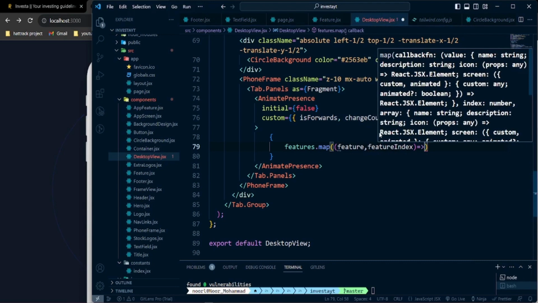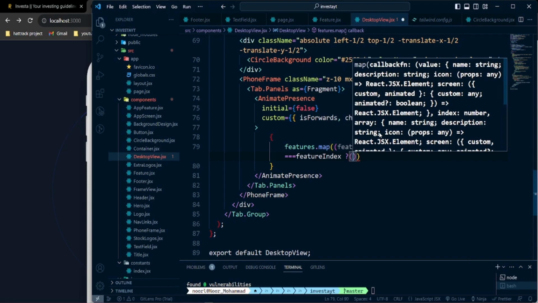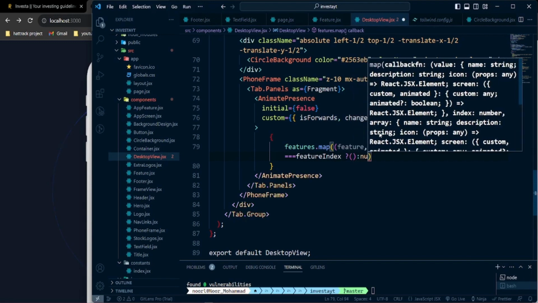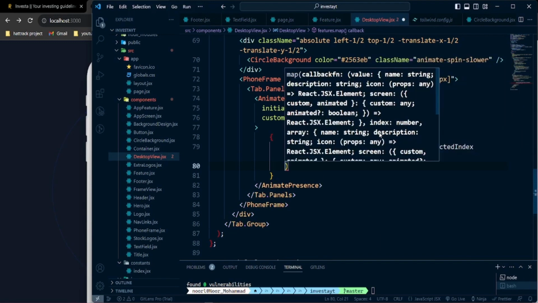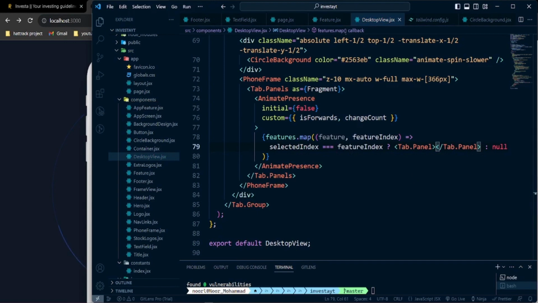Now after passing the two parameters, we are checking that the selected index is equal to the feature index. If those two match, then we return a parameter, and if they do not match, then we pass a null value. So now what we need to do is pass something, and if it matches, we will pass tab.panel. That's the parameter we're going to pass, and that panel will also capture in some way that we're going to keep that panel as